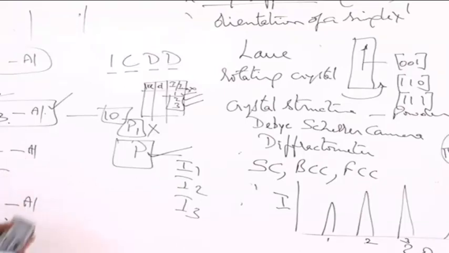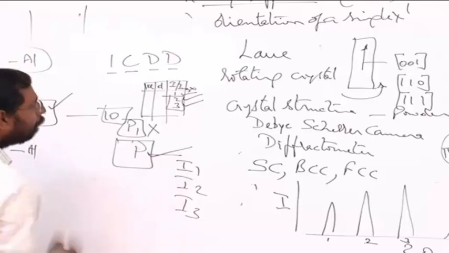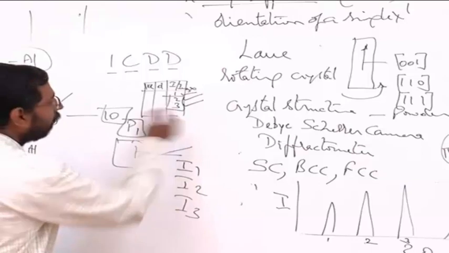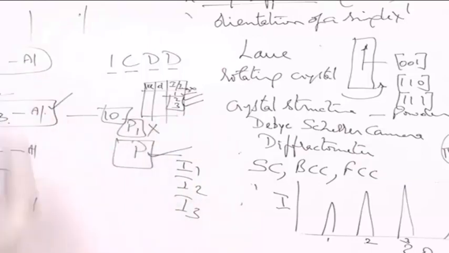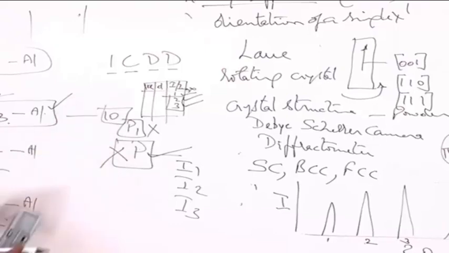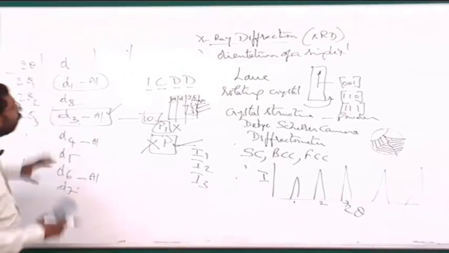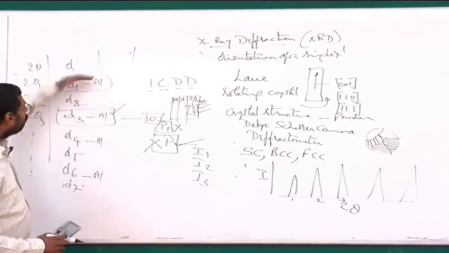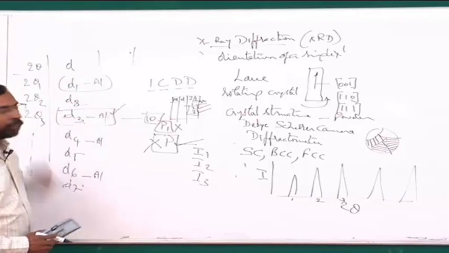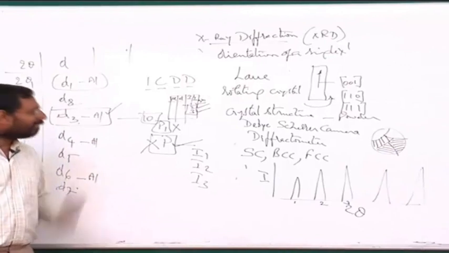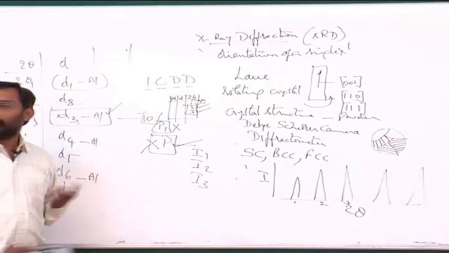Like that, we should first look at what it is. For example, the most intense peak of this particular phase is matching, but the second and third most intense are not matching with any of these peaks. That means this phase does not exist. So I should go to some other phase and see whether it is matching. After matching, I will first identify that particular phase and all the peaks corresponding to it. Then start looking for the remaining peaks. It's a little tedious task, but there is no other solution.